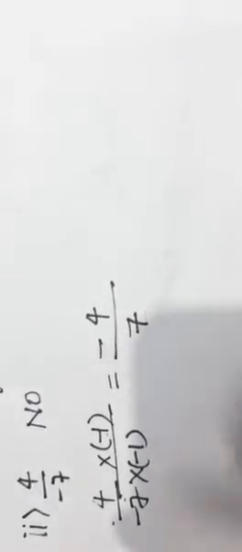Then we have 4 by minus 7. Here observe the denominator, children. It is negative. Therefore, I write no. It is not in the standard form. So, to convert it into the standard form, what we do? We take the rational number once again and multiply by minus 1 both in the numerator and denominator. After doing this, plus into minus is minus. 4 ones are 4. Minus into minus is plus. 7 ones are 7. So, now minus 4 by 7 is in the standard form.